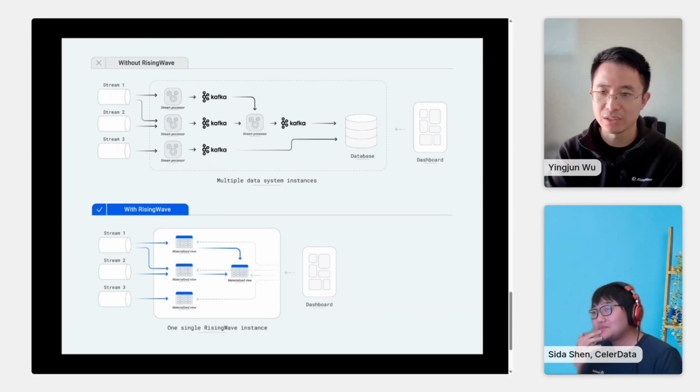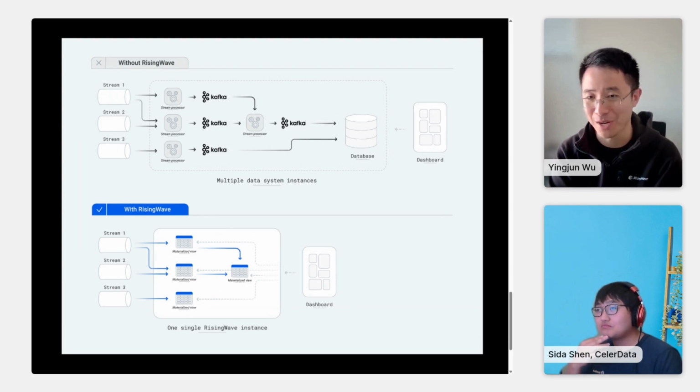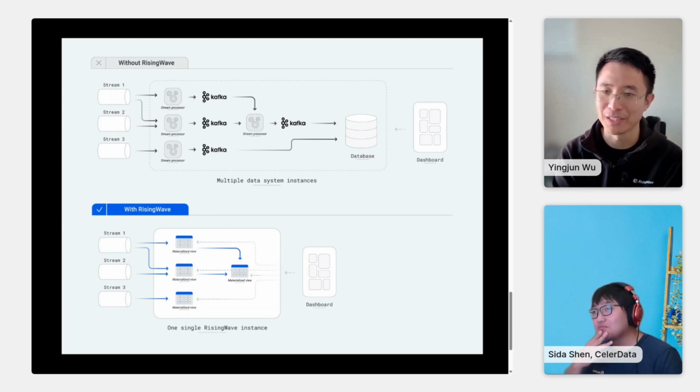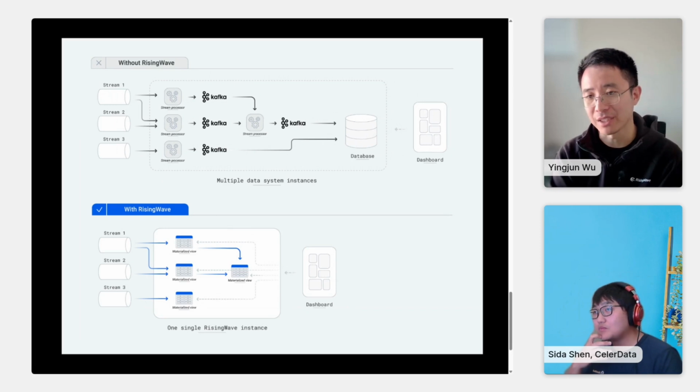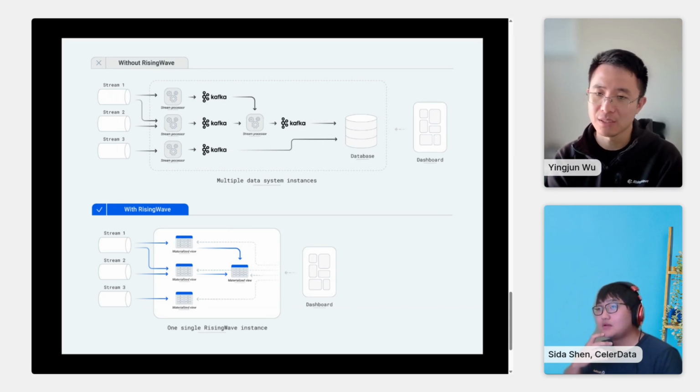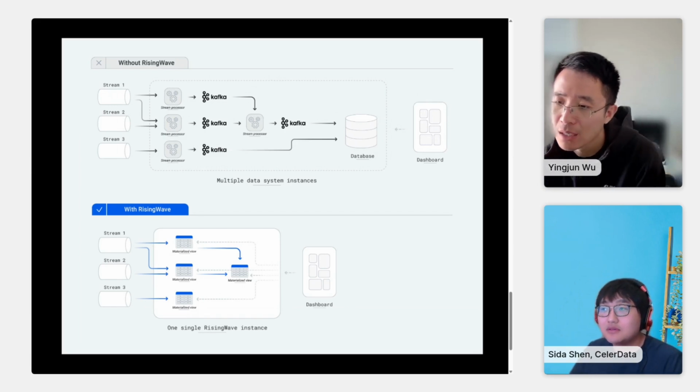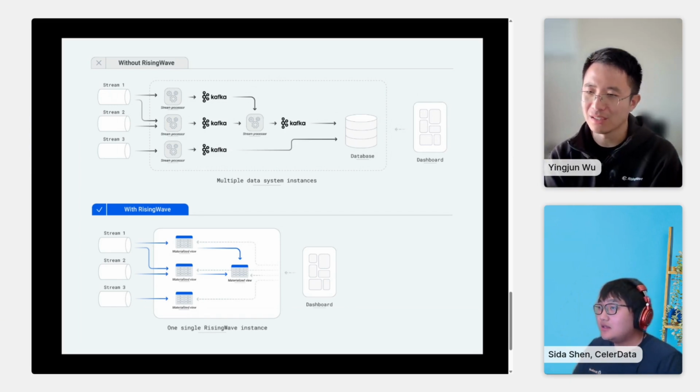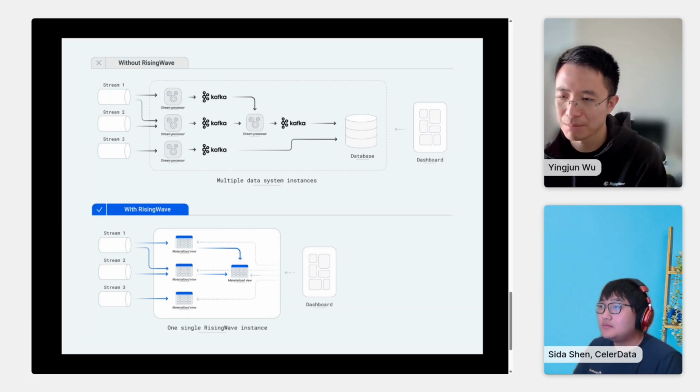So you do not need to worry about whether my system will crash because of out of memory. If you do not provision enough resources, definitely it will crash. But the challenge in Flink is that even if you provision enough resources, you can still crash, because you have to maintain huge states in memory, and it's not very efficient at all. But in RisingWave's case, the state is all managed in S3. So for the heap, non-heap, networking, memory utilization,